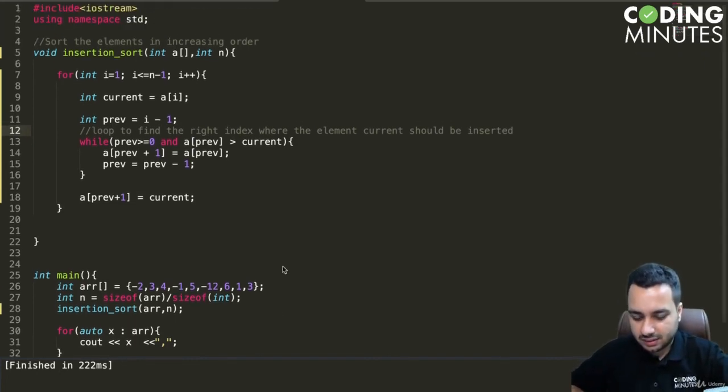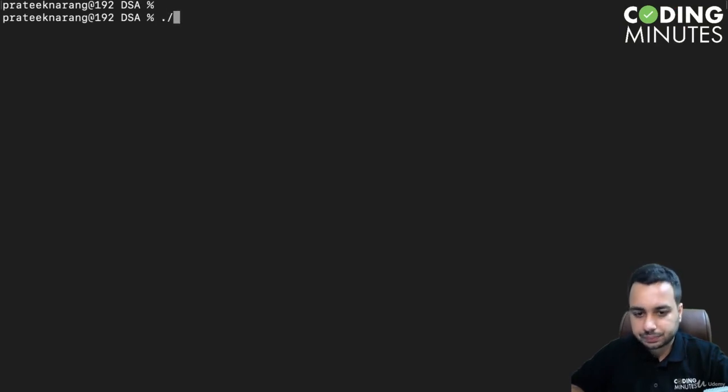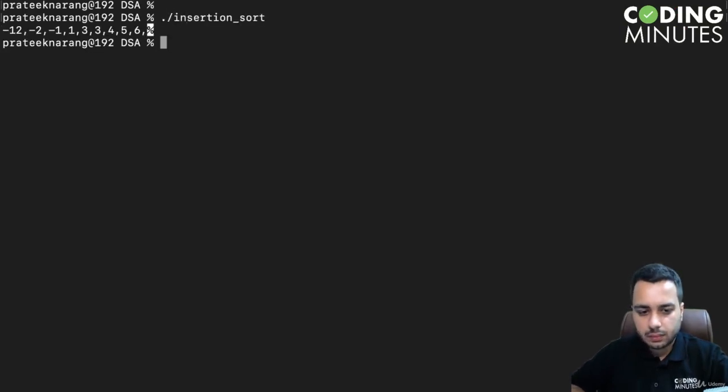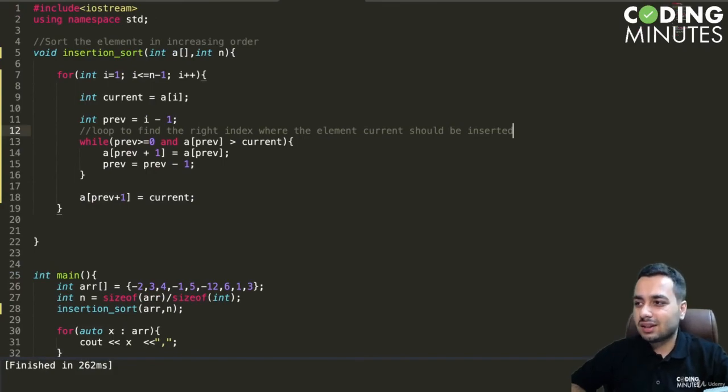And now let us save our code and let's build it, and let's try to run it as well. And you can see we are getting a sorted array. That means our insertion sort is working perfectly fine. So that's all. Thank you for